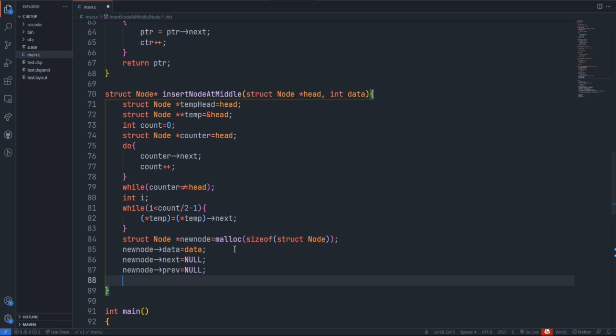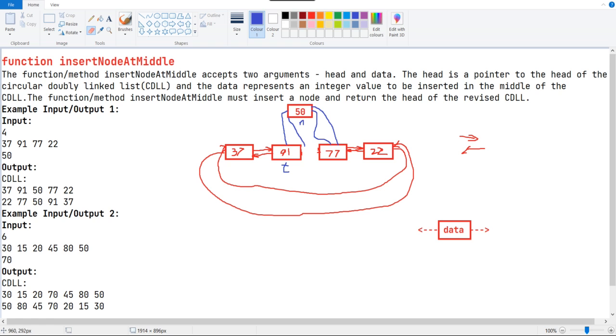If both things are null, we can do the operation. First, as I have told, new node arrow next should contain the value of star temp of next, like this part. New node arrow next equal to temp arrow next.